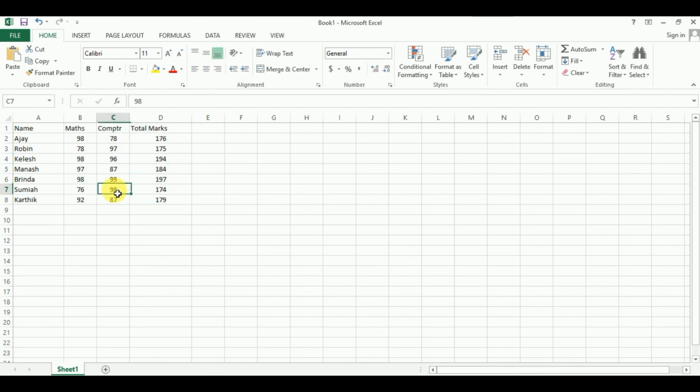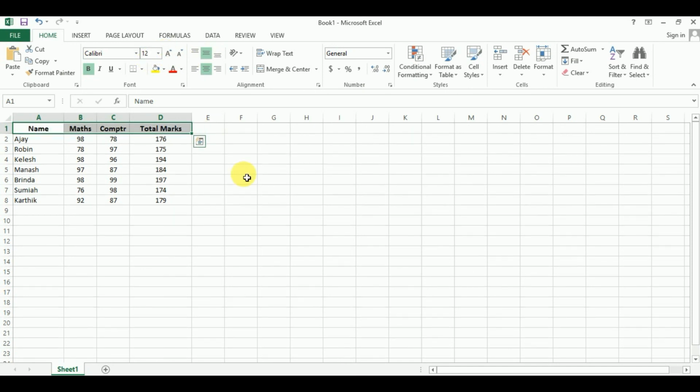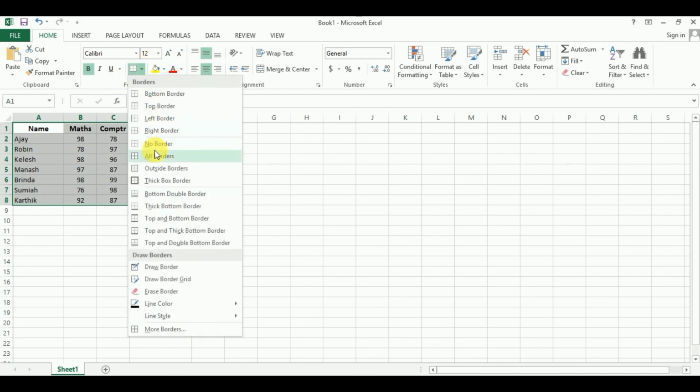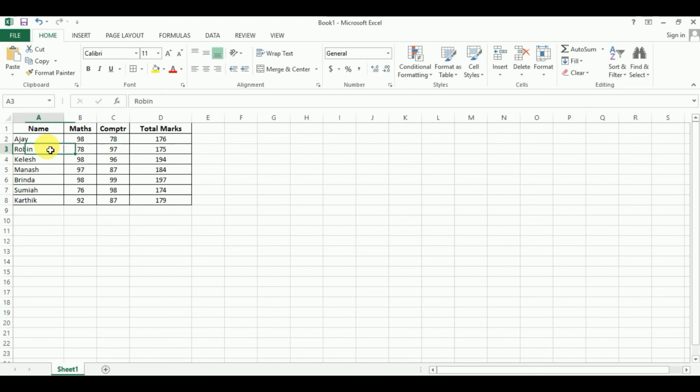Okay, so I want to sort the data in multiple columns.